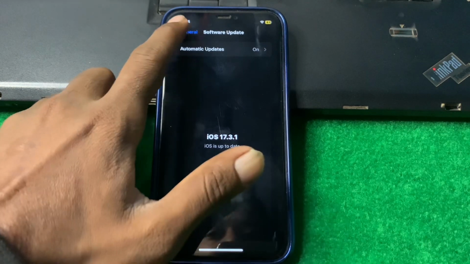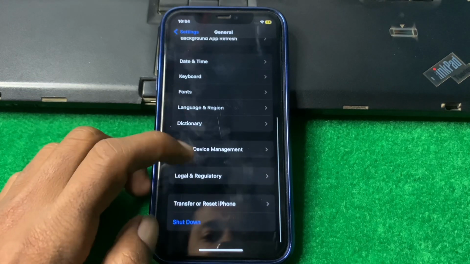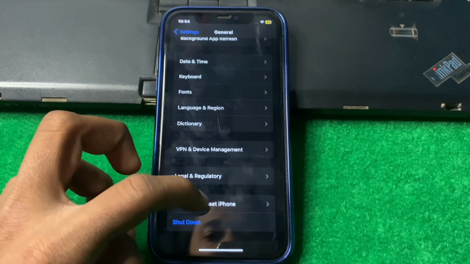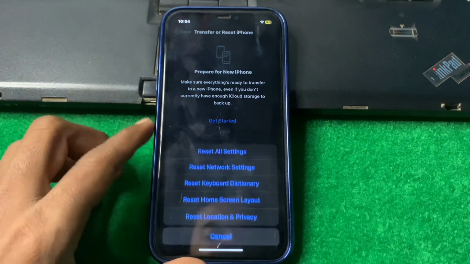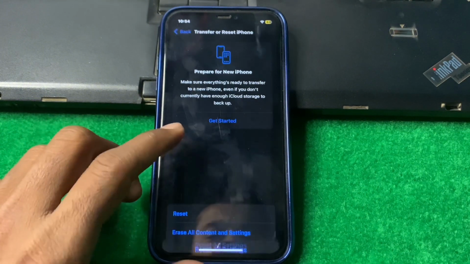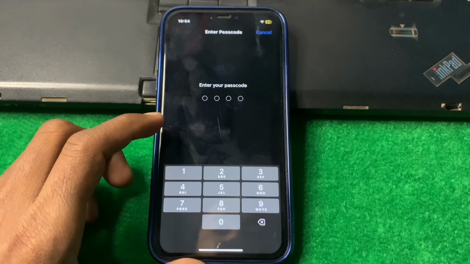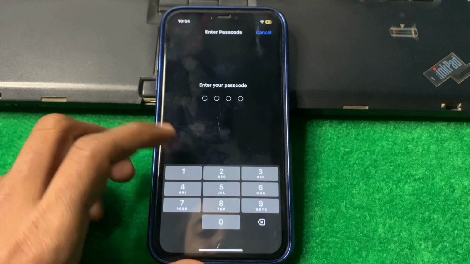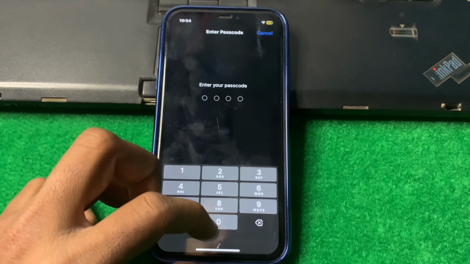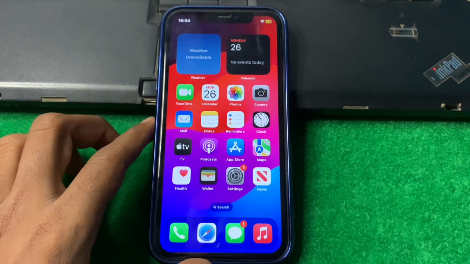The third solution is go back and scroll down, tap on Transfer or Reset iPhone and tap on Reset Network Settings and enter your iPhone passcode and reset your network settings and check if your problem is fixed or not. If your problem is not fixed, go back, and the last solution is take out your